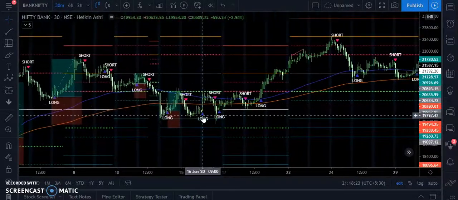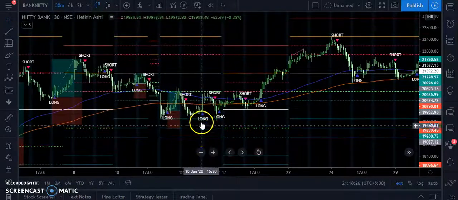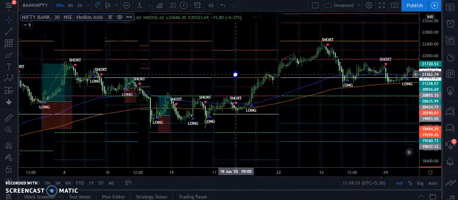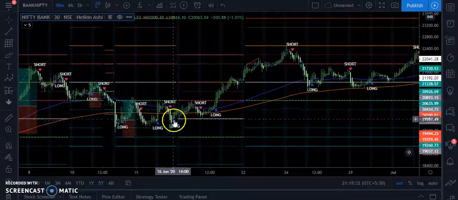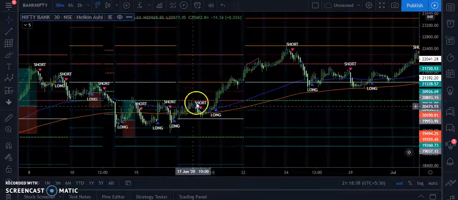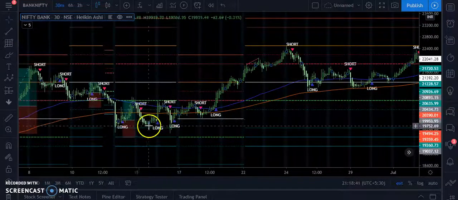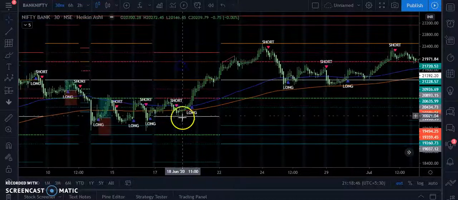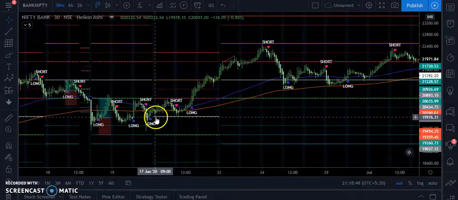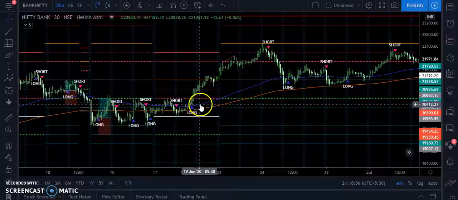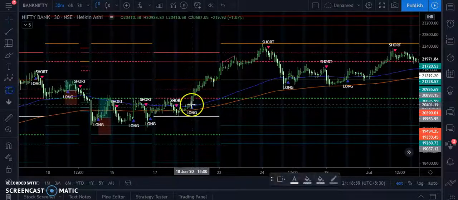Again, you got a long position from this support region where bulls take control, and again you go for a long position. As we can see, the stock is making higher lows and higher highs. It's an indication that there is an uptrend coming. Look what happens in this situation. The price is above this white line, that is the ultimate support line. So you should wait for this long signal and immediately go for a long position.